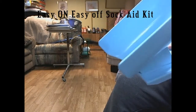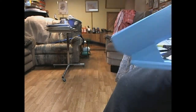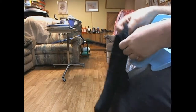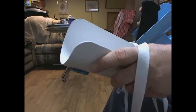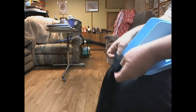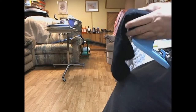But I'm going to give you a brief demonstration on how to put a regular sock on, and then the ultimate evil, the silly stretch socks that they make you put on so that you don't get blood clots. But first, I'm going to show you how this works. You take a regular sock. Now they make sock aids like this. These work okay for stockings, for regular socks, but they do not work for anything else. So I want to show you this, because when I found this, I was so excited because, one, my wife had damaged her eye,